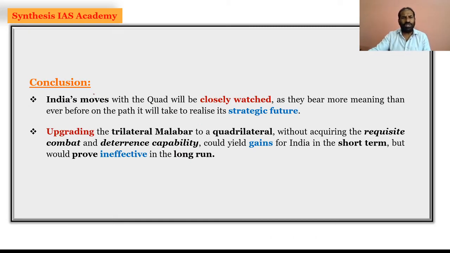And the conclusion here is that India's moves with the Quad will be closely watched, no doubt, from China and from Russia. And they bear more meaning than ever before in the path to realize the strategic autonomy of India. And then upgrading the trilateral Malabar into quadrilateral exercise,